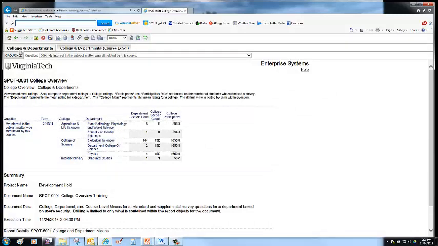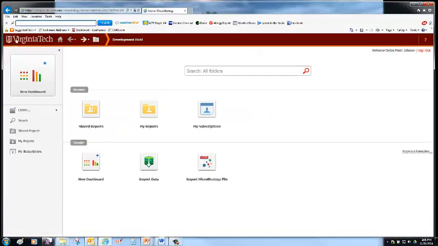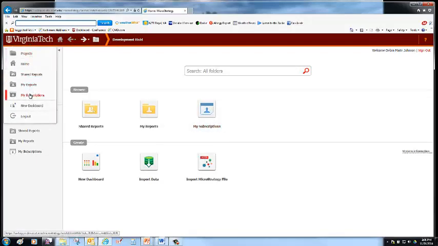Now, if we go back to the home screen with the little house, you'll see an option on the left-hand side that says My Subscriptions. You'll also see it over here, My Subscriptions. It's the exact same thing. As a matter of fact, if you go up here, you'll see My Subscriptions. So there's lots of ways to get to My Subscriptions. Click any one of those three,